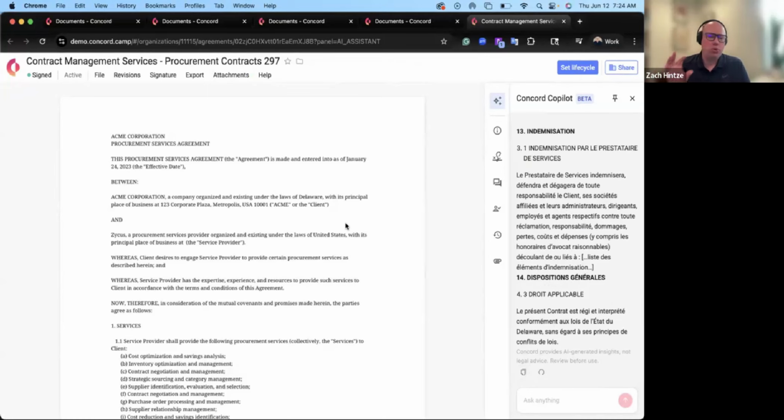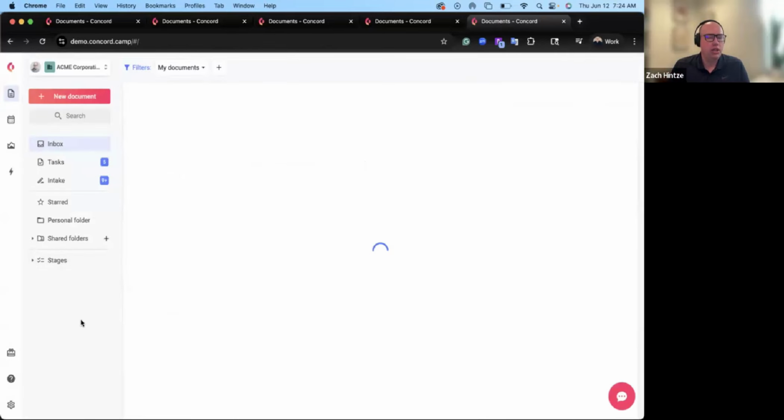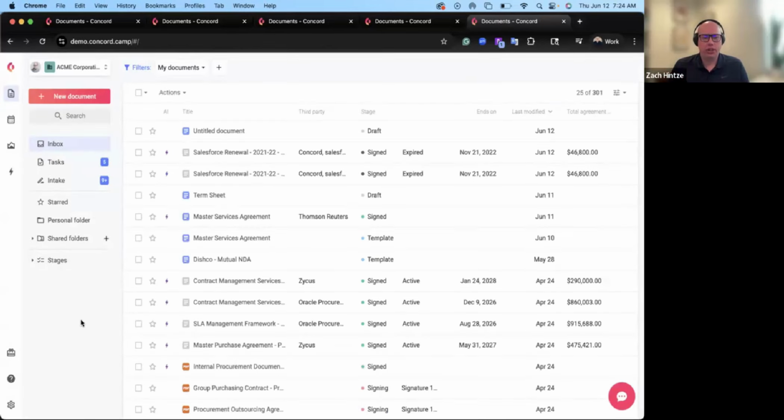Right now, this is what we call document-specific Copilot, meaning that it just lives on the document level. The idea is in the very near future, I'm not going to give you a date yet, but the very near future, we're going to be enabling the Copilot in your entire database. So you're going to have your Copilot here in your inbox view, you're going to have it in different places. And that'll allow you to actually prompt the Copilot to look through all of your contracts that you have access